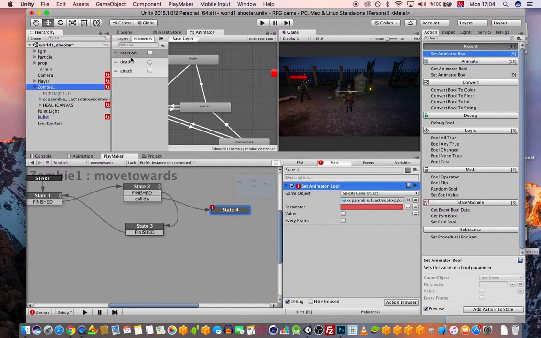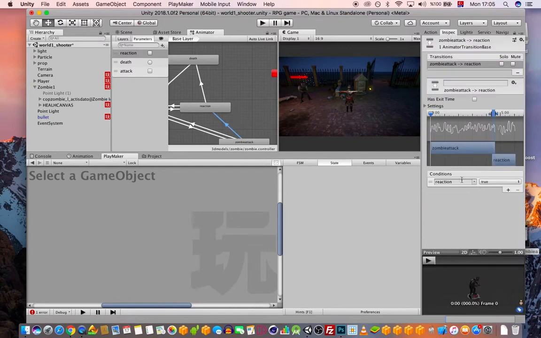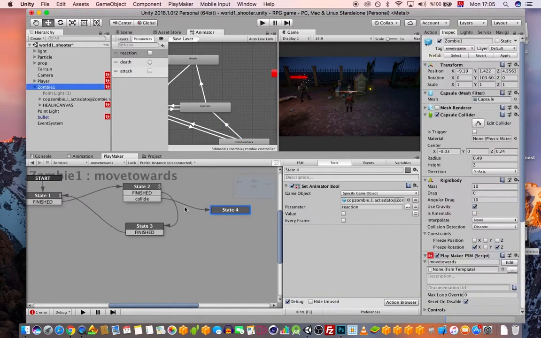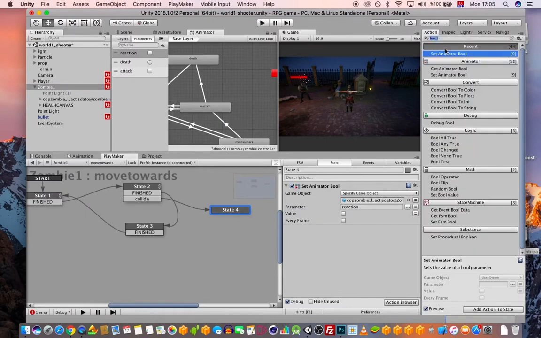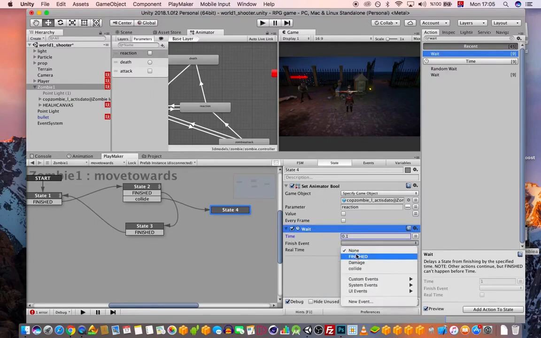Now we will copy this, okay? All right. And this is true, okay? Now it displays the reaction, and we will wait like 0.1 second, okay? And when this is finished,